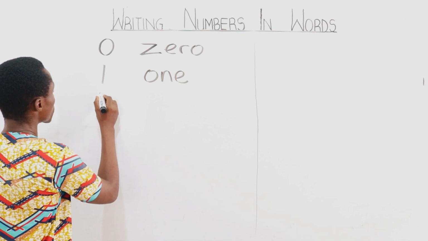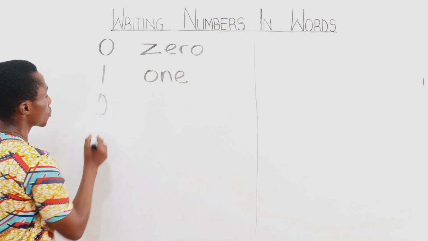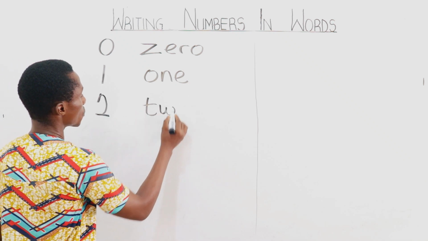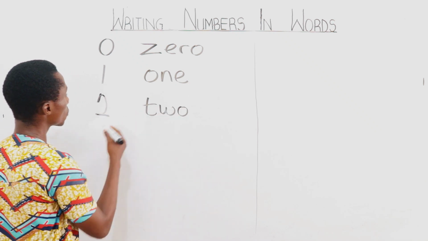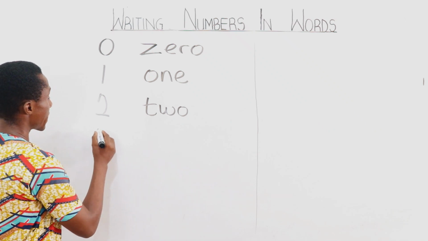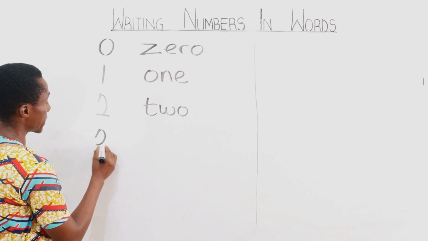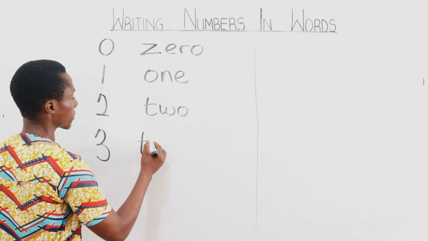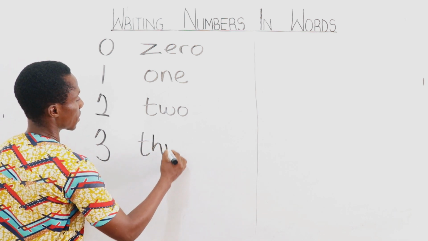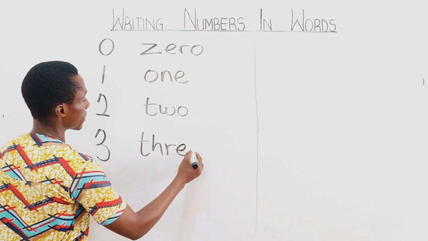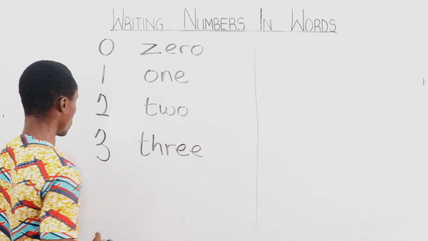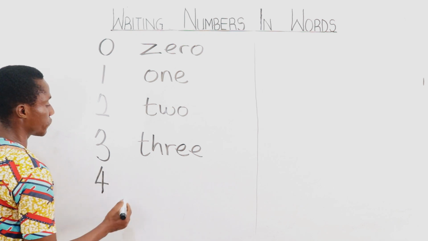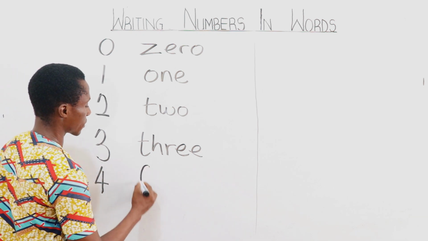The next is 2. 2 is T-W-O, 2. The next is 3. And 3 is T-H-R-E-E. The next is 4, and 4 is